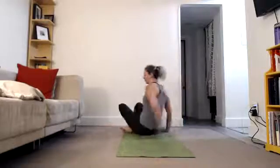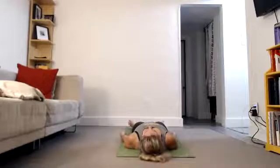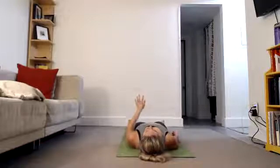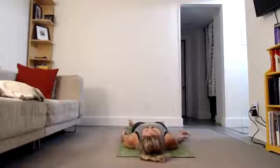Good, change, come on up, turn around, Savasana. I actually really like the subtlety of it. It's a very small cue in the dialogue, but walk your hips back 10 to 15 times, right? Because again, when we think about, oh, there's only 2 sets, or I only have to do it every once in a while, even just that motion of no, seriously, keep walking your hips back, keep going, reminds me that